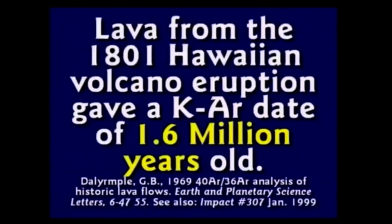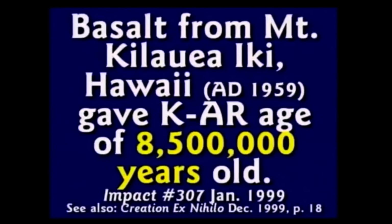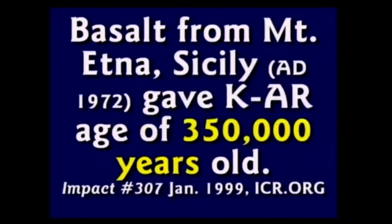Lava from an 1801 Hawaiian lava flow was 1.6 million years old. Well, hello, it's not even 200. Another volcano erupted in Hawaii in 1959. When they dated the lava, it was 8.5 million years old. They used potassium-argon dating for that, not carbon. Mount Etna in Sicily, I climbed Mount Etna when I was over there some time ago. Erupted in 1972,